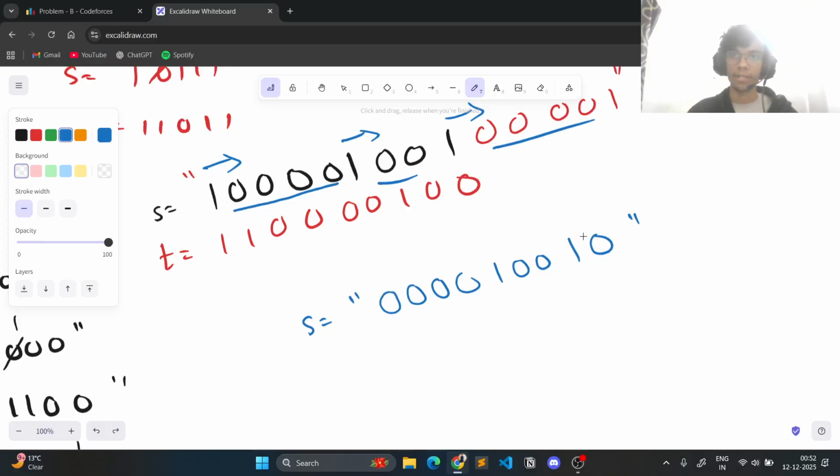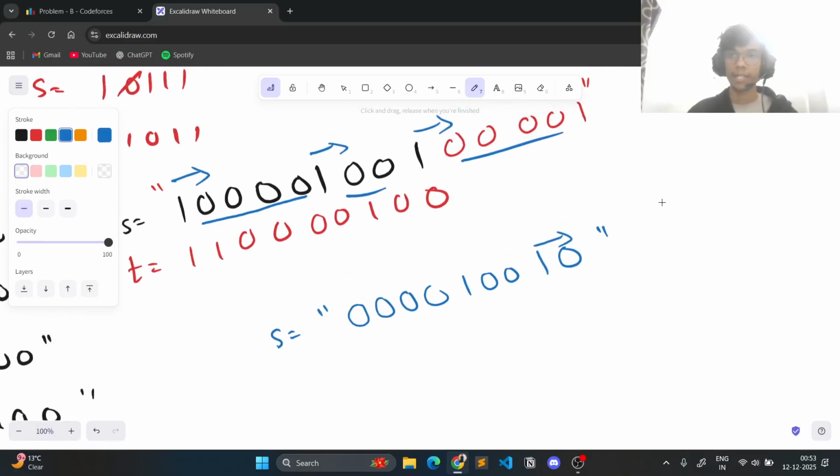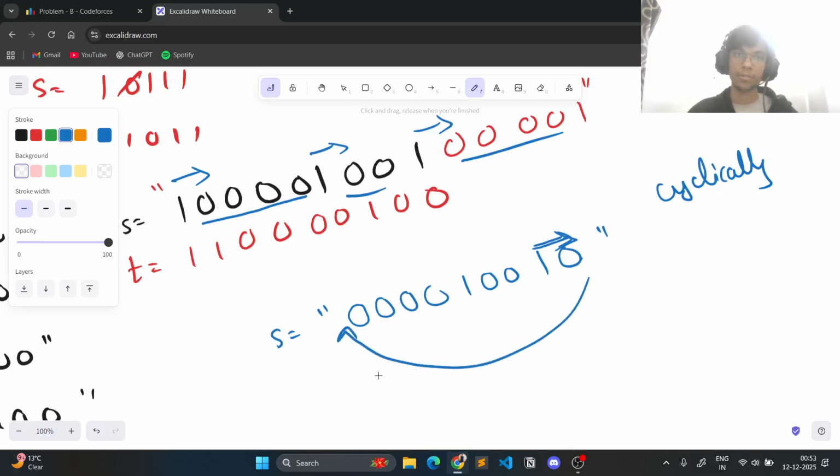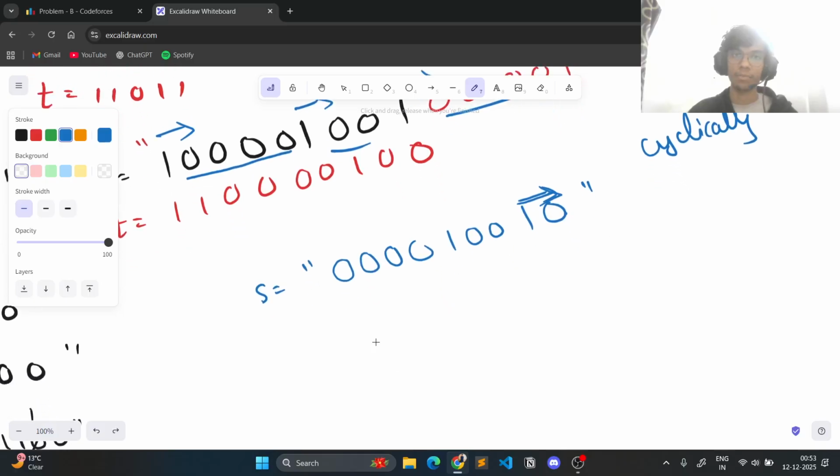So in the first operation, this one will go this side, and since we are cyclically shifting right, cyclically means after the last element, we actually go here, right? So we are actually shifting cyclically. So this one will go in one operation to the right, and in the other operation this will go to this element, and this element in the second operation would become 1. Similarly, in the third operation this would become 1, fourth operation this would become 1, and in the fifth operation this would become 1. So if I have an array, subarray or substring consisting of zeros from the starting, then